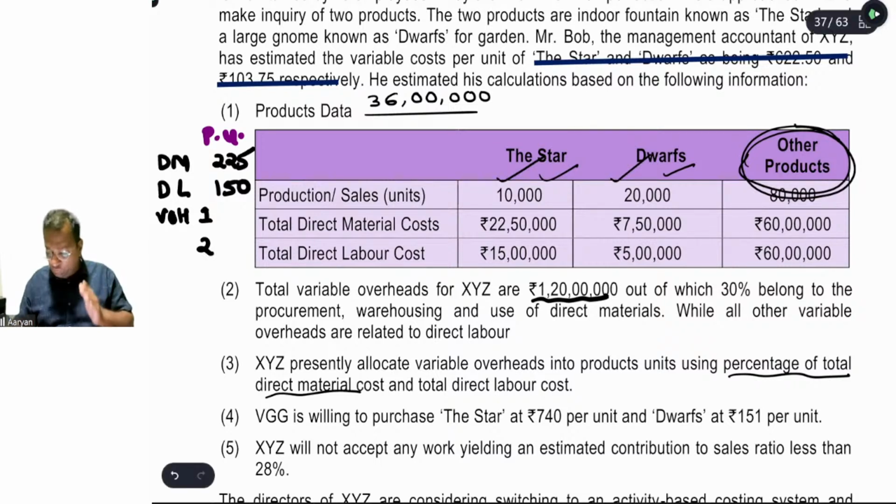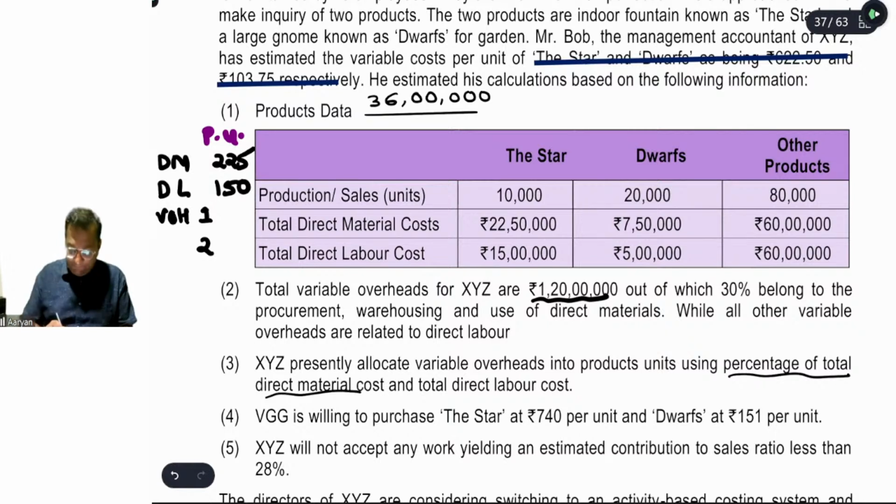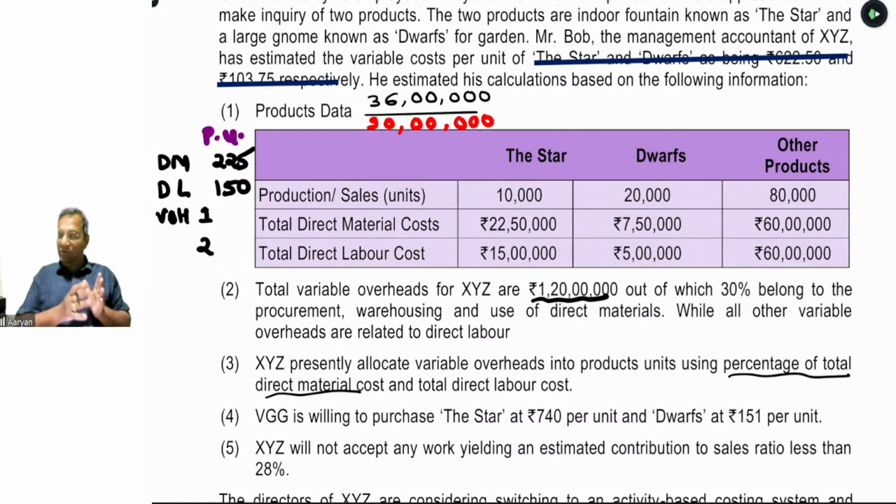So you have to make a total on your own, then only you can determine what is the total material cost. So the total material cost will be the total of 22,50,000, 8,50,000 and 60 lakh. The total will be 90 lakh and not 60 lakh. That's the most important part of this question, because normally the columnar format will be column number 1 for particulars, column number 2 for product 1, column number 3 for product 2, and the last column will be the total one. But in this particular question, the last column is not the total one. It is the total of other products other than the 2 products.